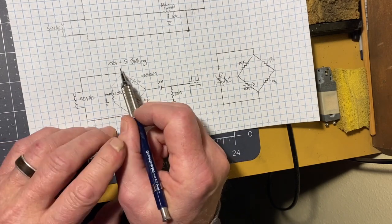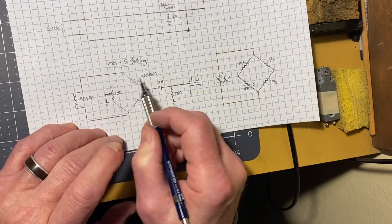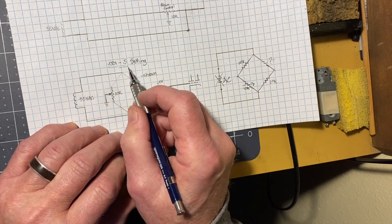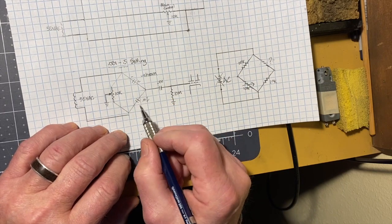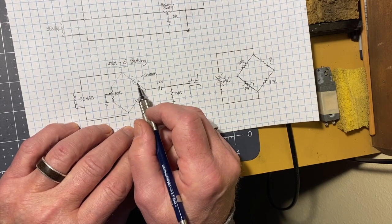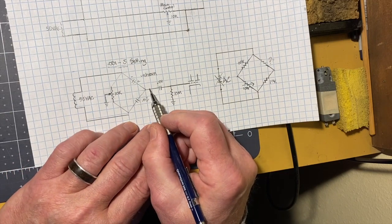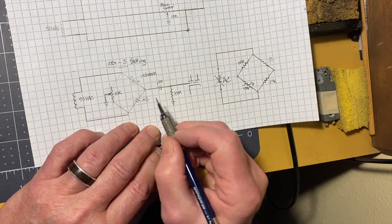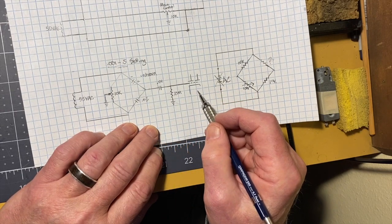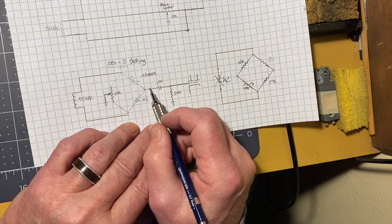Right now this is for 0.001 to 0.5 microfarad. If you were doing a different range setting, higher or lower, you would put a different known good capacitor value in here. Then you plug in your unknown one, and you measure the voltage between ground in this case and this side of the bridge. Now what this magic eye tube is doing is that voltage, whether it's increased or decreased,